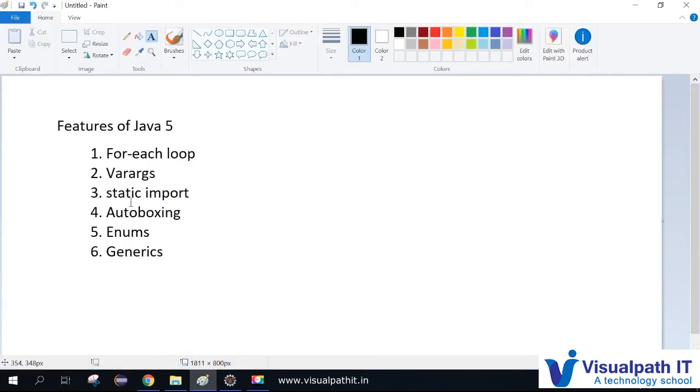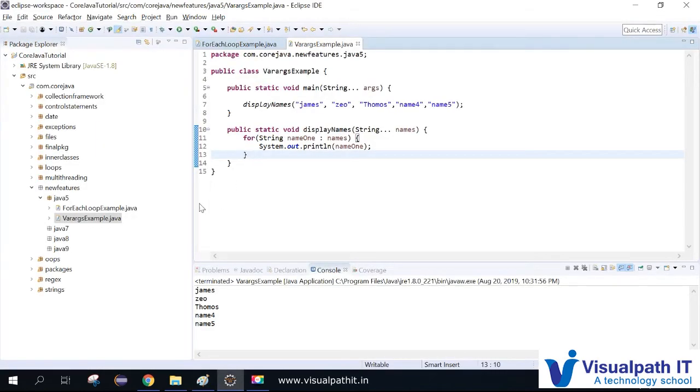Now we can see the static import. So what is the static import? We know static is about, if you're declaring any method as static, like how we declared here, it belongs to this particular class, not to the object. If you're declaring any variable with static, then that will be accessible to the whole application. It will take only one memory allocation, then it will spread to the whole application. So that is shared to the whole application.